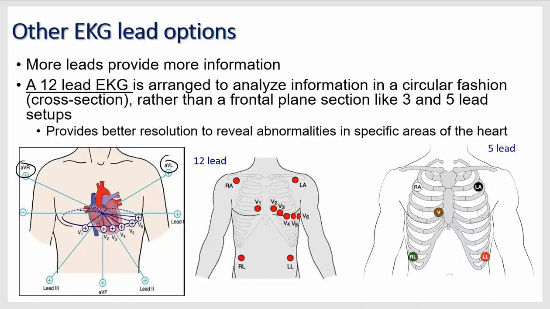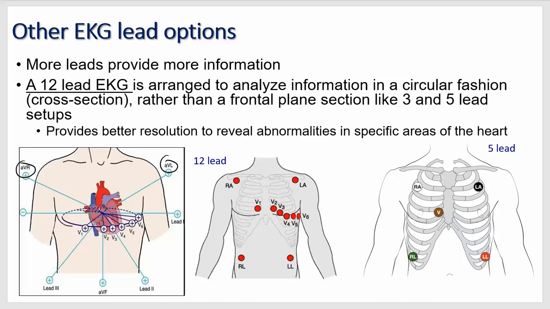But it also has this circular arrangement where the leads go around the rib cage, the chest cavity, in this direction. So we have a horizontal display, and it's checking the heart horizontally, as opposed to just this direction in the vertical or frontal plane. This is a cross section in this direction. So it gives us a different way to look at the